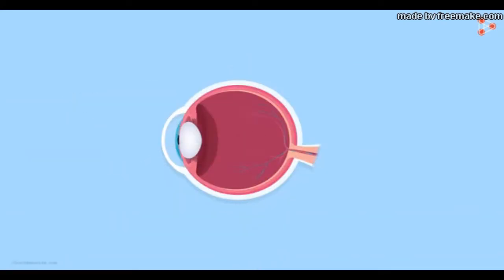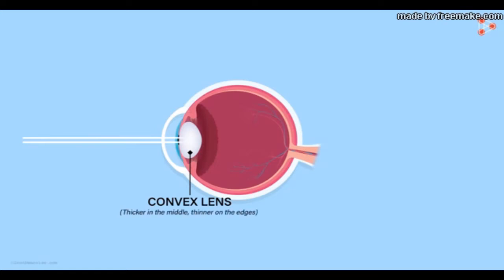Okay, what happens next? The light that enters through the pupil falls on the lens kept behind. The lens is a convex lens. What is a convex lens? A convex lens is a lens which is thicker at the center than the edges. It's a converging lens. That is, it focuses all the light at one point. In a normal regular eye, this point is somewhere here on this inner boundary called the retina.